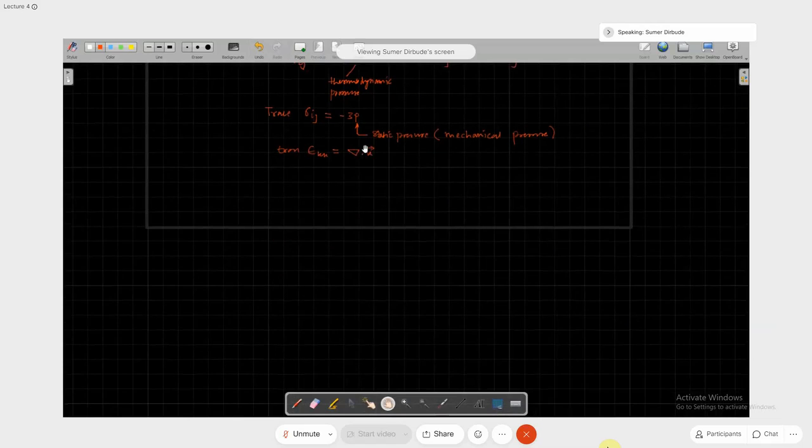So using this, one can write the above equation as P_D minus P is equal to lambda plus 2 by 3 mu, times del dot u. Okay. So now for some particular case only,